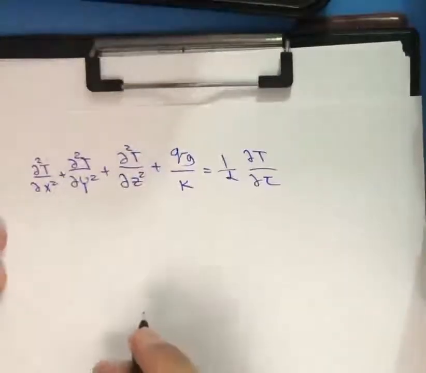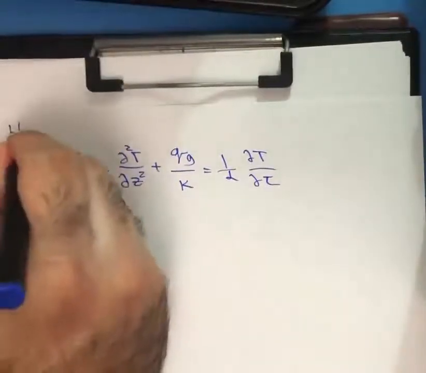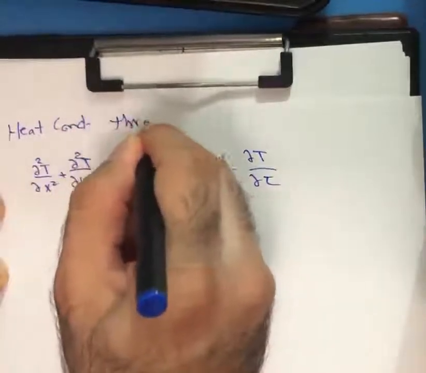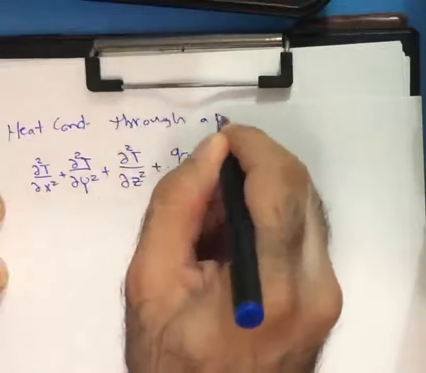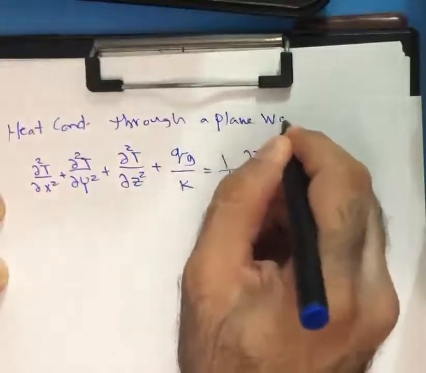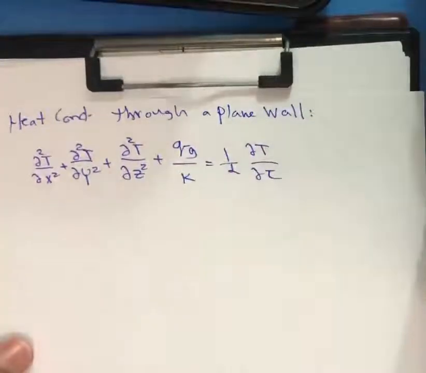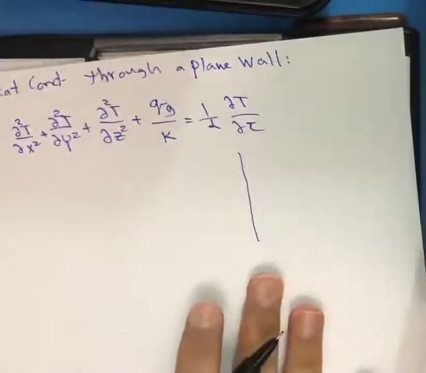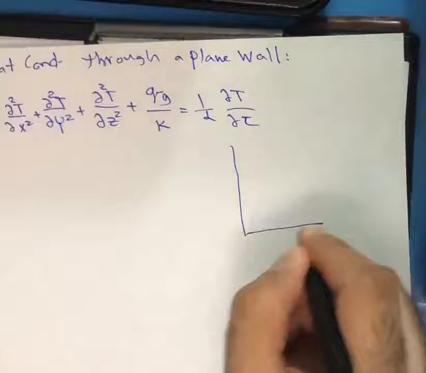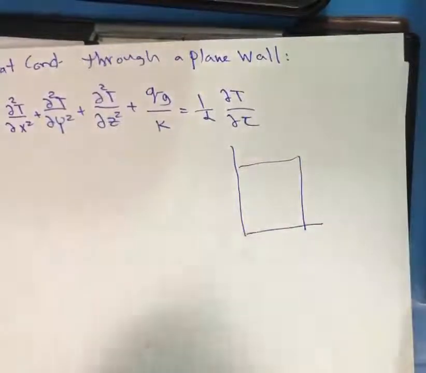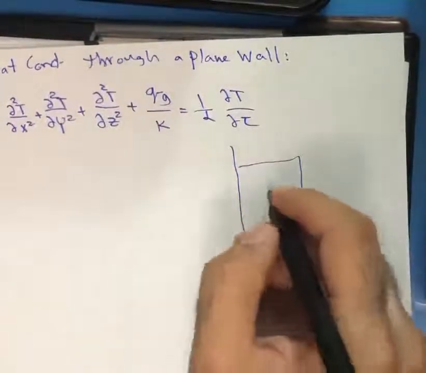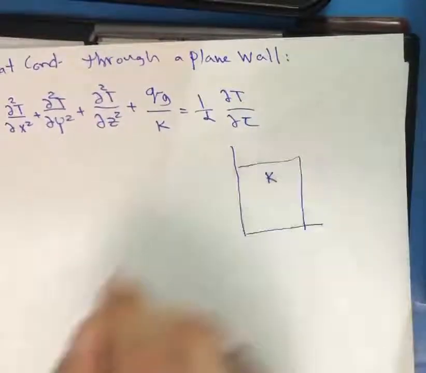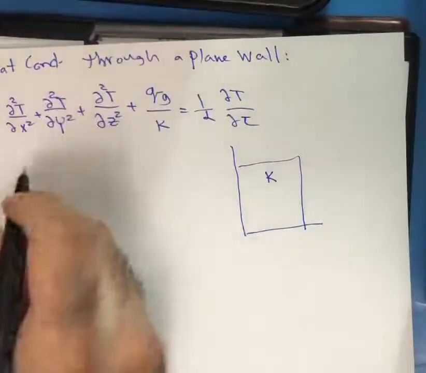Since our subject will be the heat conduction through a plane wall, we will make the following assumption, okay? Let us imagine that this is a plane wall. Of course, in the previous lecture, I illustrated for you that each material has some value of the thermal conductivity, so that for one dimension